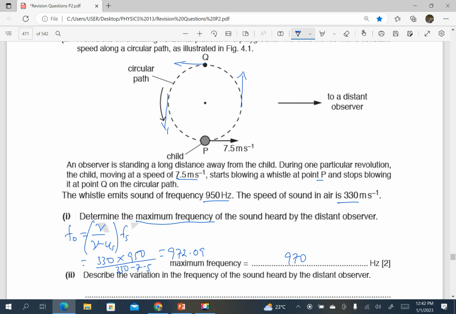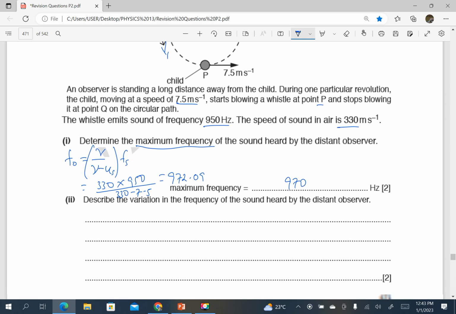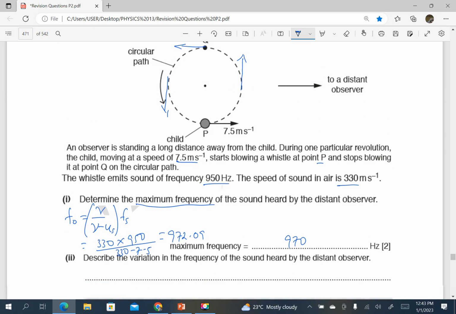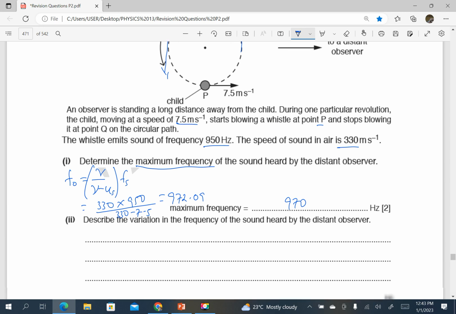Increase above 950, or it increases to 970 as the child moves towards, that is at point P, and goes below 950 as the child moves away, that is at point Q. And of course, at Q it is going to be 930. So the frequency decreases